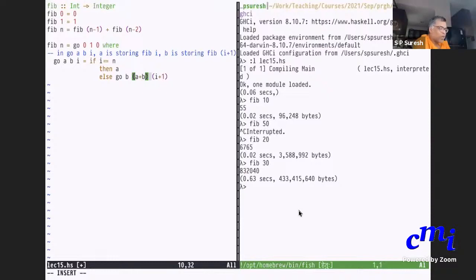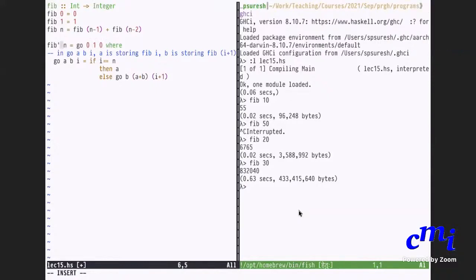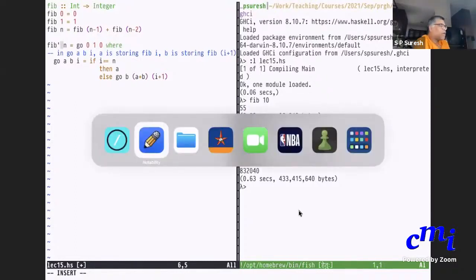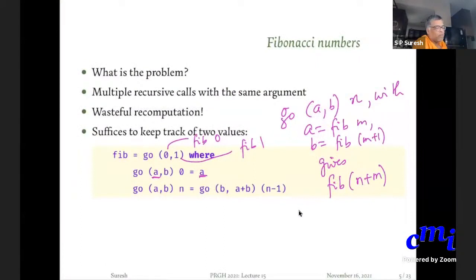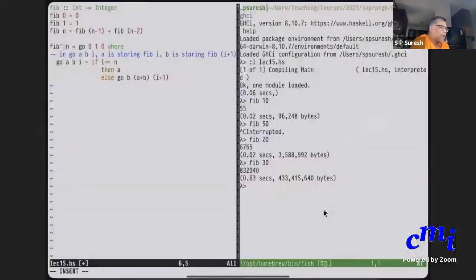Okay. So this is another version that you can write. I'll call it fib prime or whatever. Right. But it is wasteful to count up. So instead I'm counting down. In the slides, if you see, instead of counting up, I'm counting down. Okay. So I'll start from n and go down all the way to 0. It is the same as starting from 0 and going all the way up to n. When I do it this way, then I automatically have a stopping point, namely when that third argument becomes 0. And instead of having 3 arguments, I'm having only 2 arguments and keeping one as a pair. I could just keep it as 3 arguments.